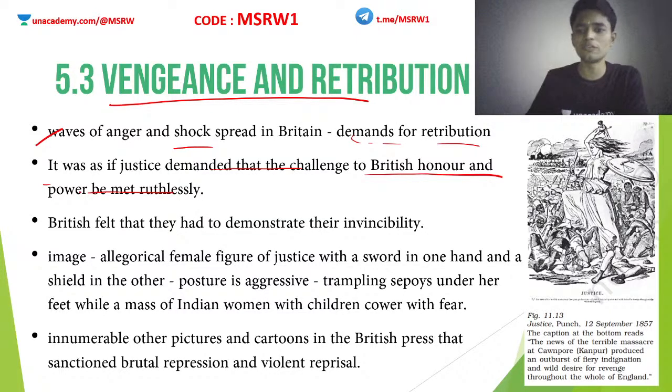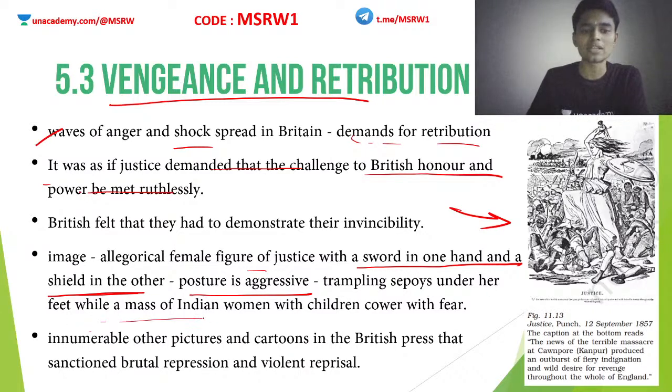There is another beautiful image shown here, where an allegorical female figure of justice, with a sword in one hand and a shield in the other, in a very aggressive posture, tramples sepoys under her feet, while a mass of Indian women with children cower in fear. This was another very popular figure at that time. Here you can see a British woman with a sword in one hand and a shield in the other. She is actually